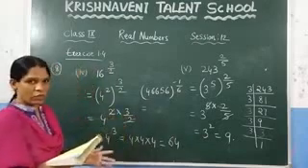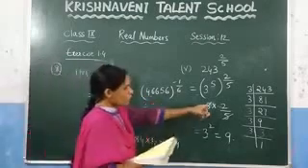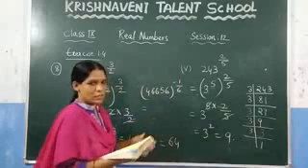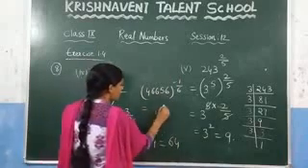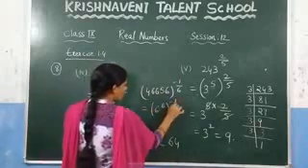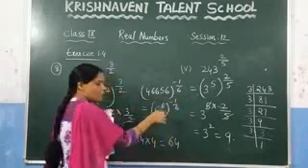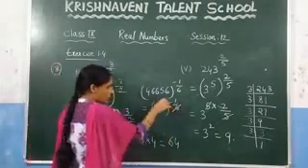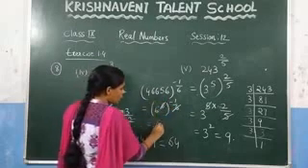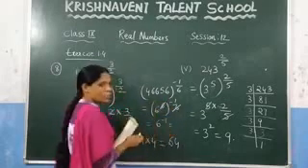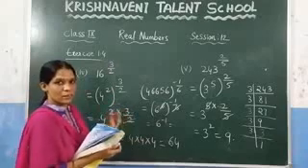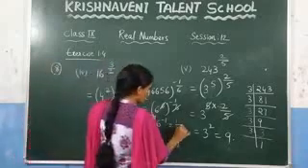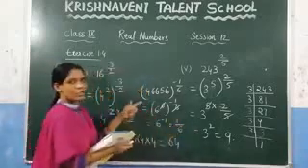You can do this one as homework. After doing the prime factorization, you will get 6 power 6 and whole power minus 6. It is in the form of a power n whole power n, and you can multiply these two values. The powers will get cancelled, and you will get 6 power minus 1. You know that a power minus 1 is nothing but 1 by a. From that you can write this as 1 by 6. This you can do.